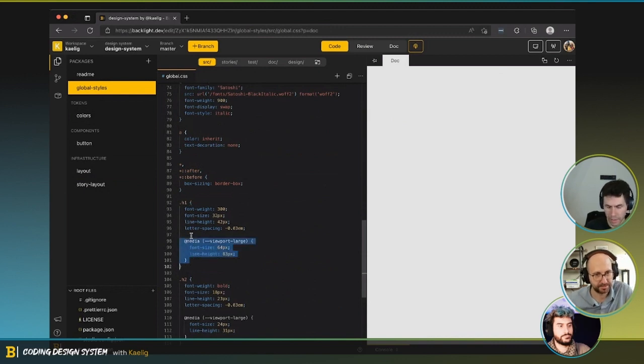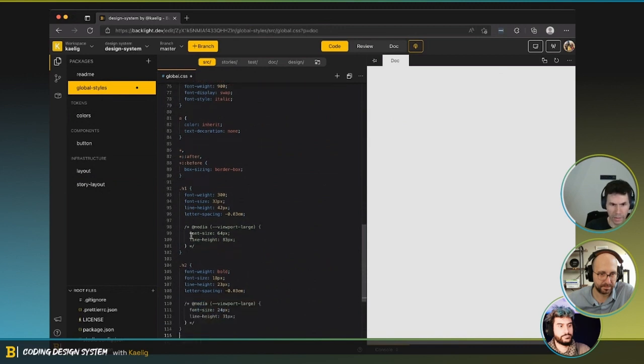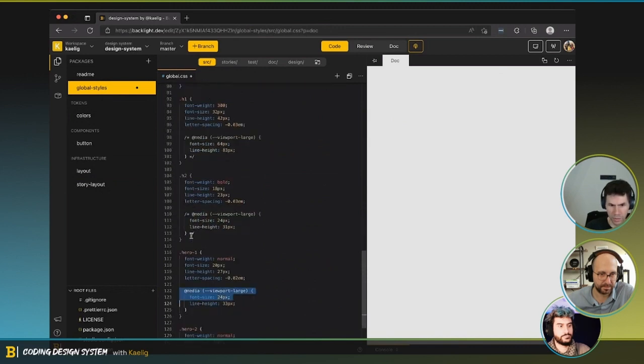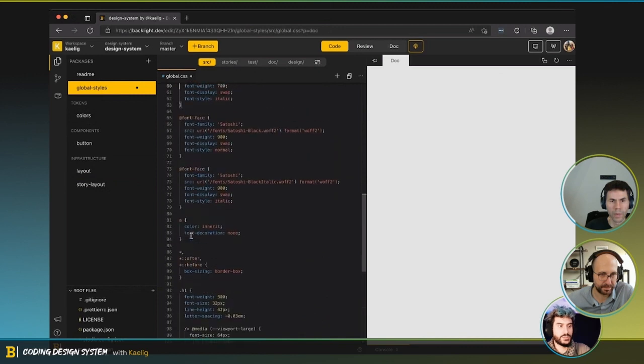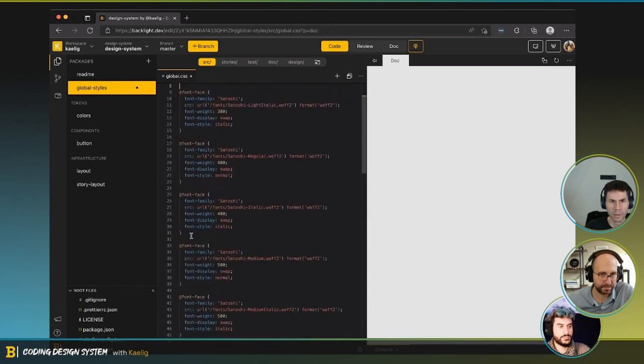Yeah, I think you can define them in a different way. We could still rely on SASS to define them with a token dedicated to that.